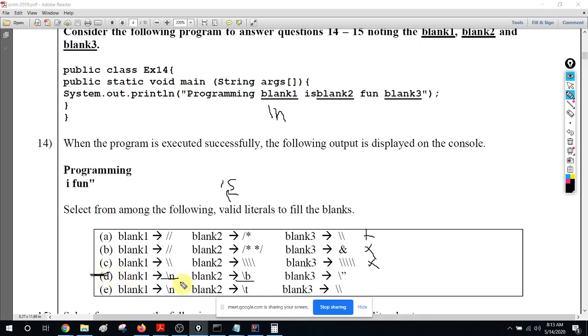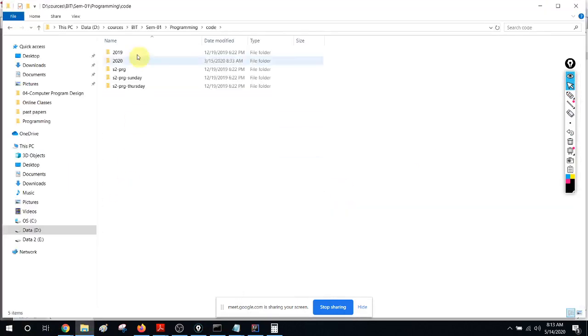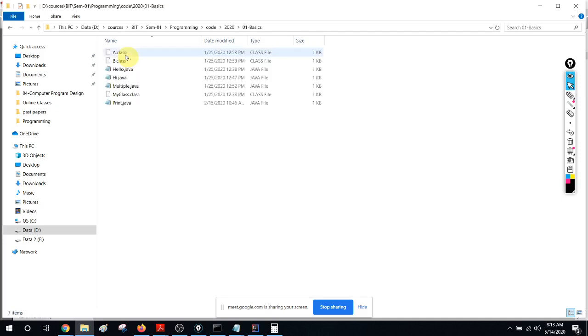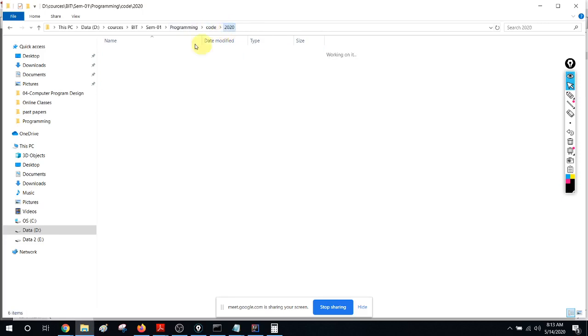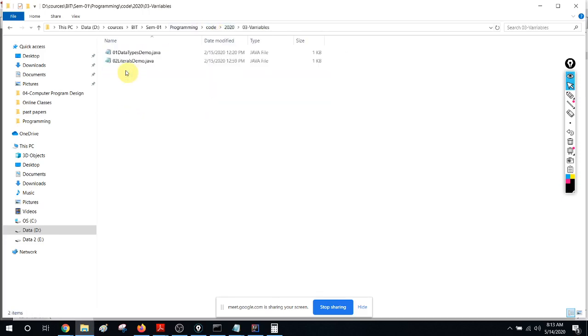So all those things are mentioned in the note. I didn't do those things in the online revision, but there are some examples you will find in our code also, right? If you go to our coding code, 2020, maybe Java, maybe variables.